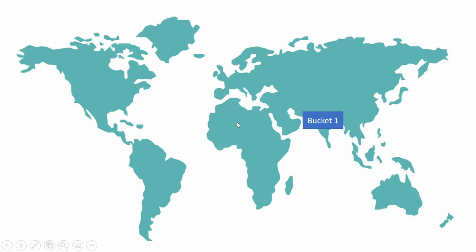So there are two challenges that we are talking about here. The first challenge is that any user who wants to access it across the globe has to send their request all the way to the region where that bucket is hosted, and return. So people who are network-wise far from this bucket obviously feel slowness in accessing that site. And the second thing is that any content I want to make visible to all the users, I have to make public.